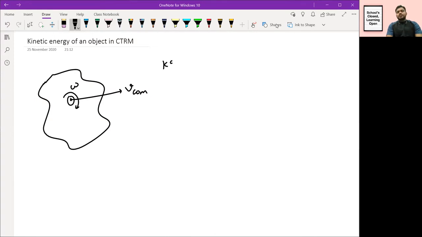We know that kinetic energy of any object, we can write it as half m1 v1 square plus half m2 v2 square plus half m3 v3 square and so on, right? We can write the kinetic energy of individual particles and we just simply add them. So we are going to take any particle in this and write the velocity of it. Similarly, we are going to generalize the velocities and write this expression of kinetic energy. And we are going to reduce that kinetic energy expression into an expression which we already know, right? That's what we are going to do.